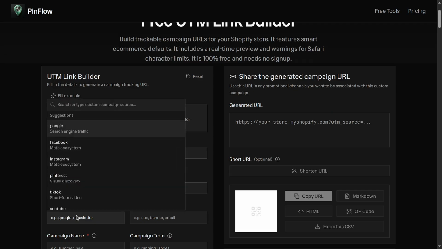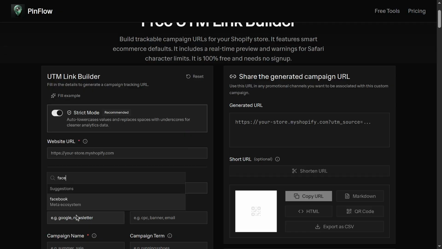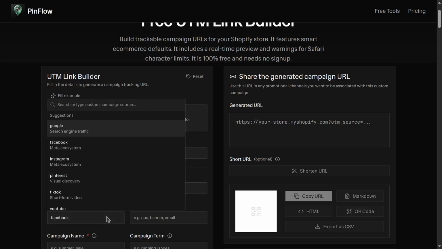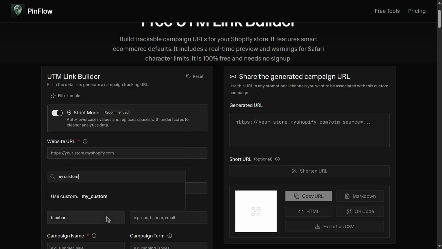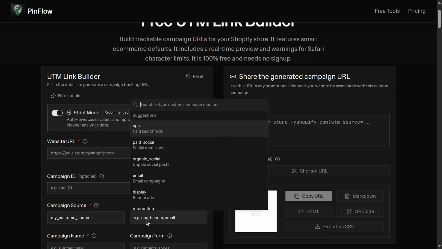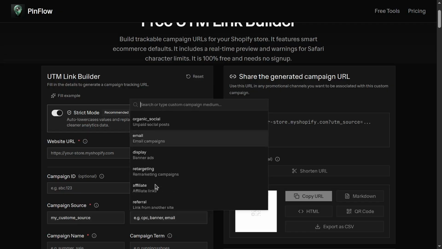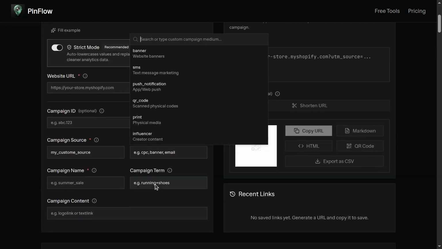Let's say the UTM source is Facebook. Simply type Facebook and select it, or you can type a custom UTM source like my custom source. Similarly, you can choose a custom campaign medium or select one of these,